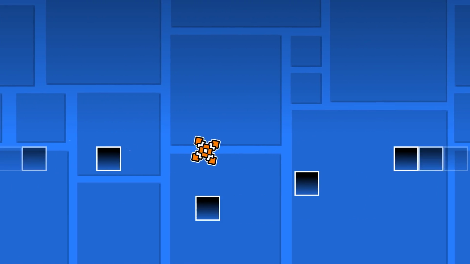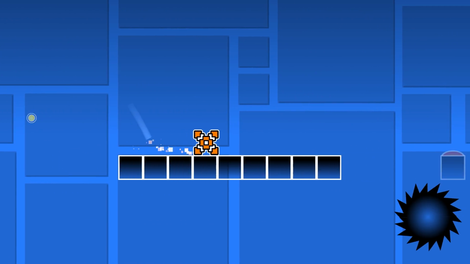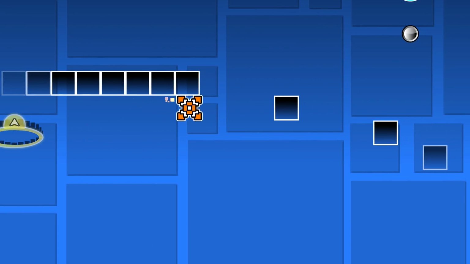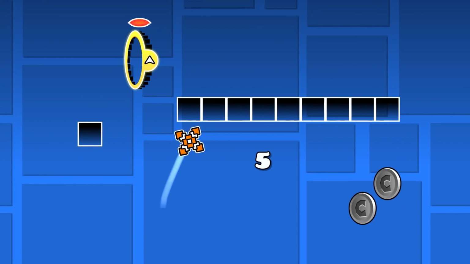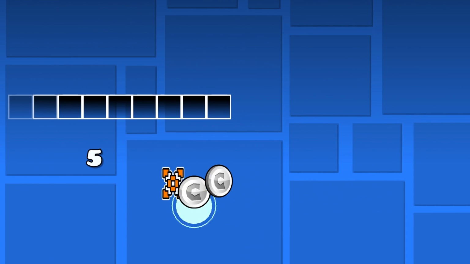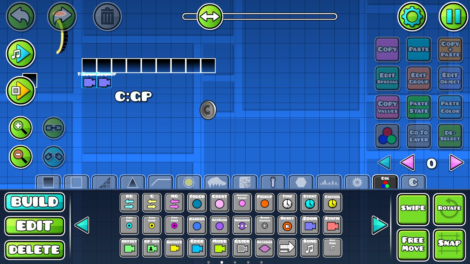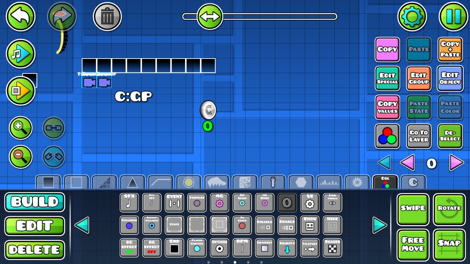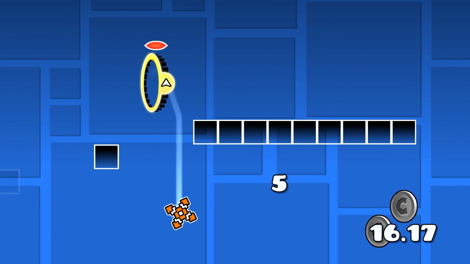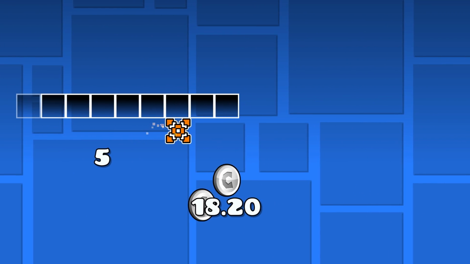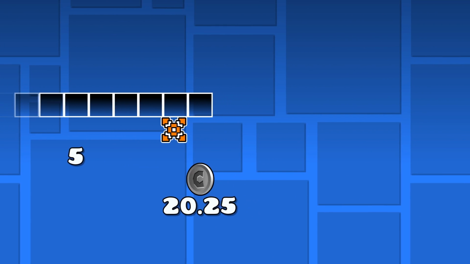So we go around here, we get that, all fun and games. All right, let's collect this coin real quick. And just like that, we have the coins. Actually, what I'm going to do is I'm also going to put a little timer counter here so we can actually see how much time has elapsed. And as you can see, I can collect this coin, and we have a timer above the second coin,